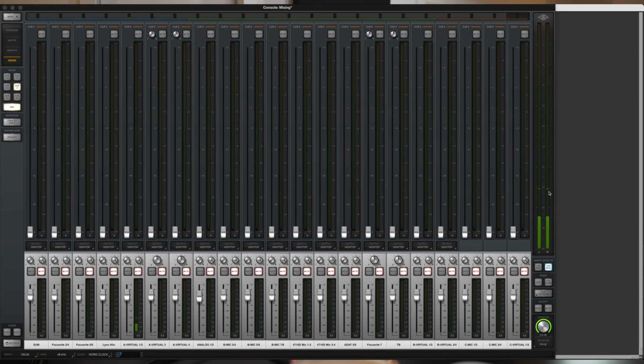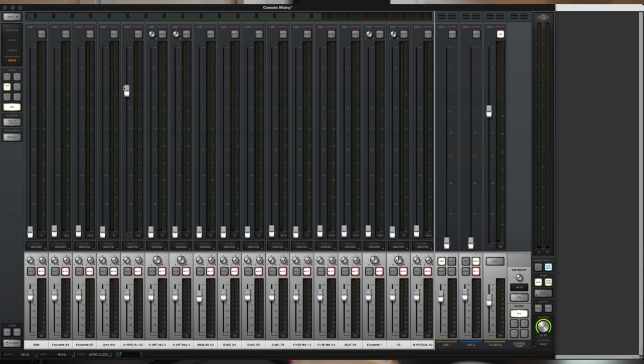it's going through both. It's coming through my monitor mix as well as my virtual. You'll notice here I have my virtual muted because I don't want to hear it twice in the control room, because this is how it sounds in my control room. So I have it muted, and then I'm only sending the virtual through my cue mix right here. So that way they can hear it in their ears, and what they're getting is separate than what I am